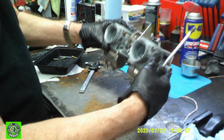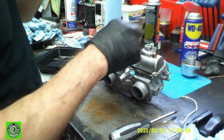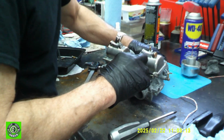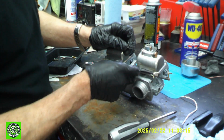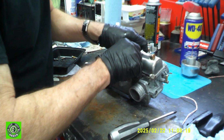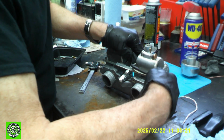Okay, the float bowls are on. Let's get the idle adjust in there. There's a spring that goes on here, and we'll put the spring in. Then you've got to kind of roll this around and then